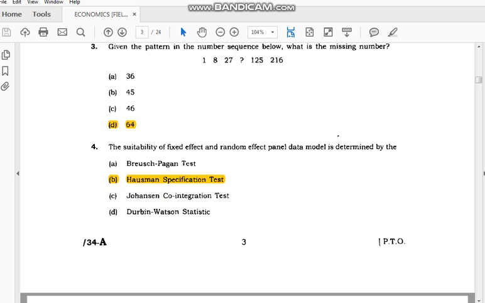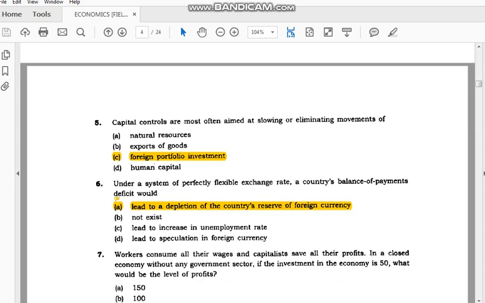Then the next question is: the suitability of the fixed effects and the random effects panel data model is determined by the Hausman specification test. The Breusch-Pagan test can also be an answer, but the more appropriate answer would be the Hausman specification test. Next is capital controls are most often aimed at slowing or eliminating movements of foreign portfolio investment,